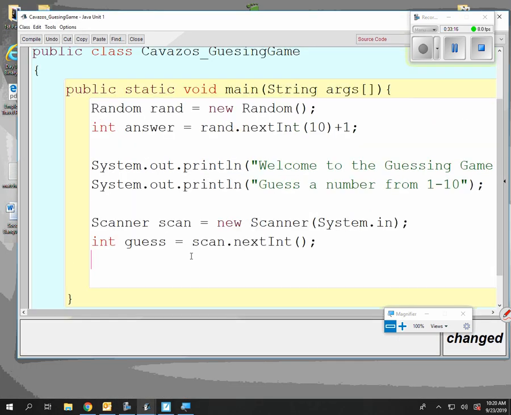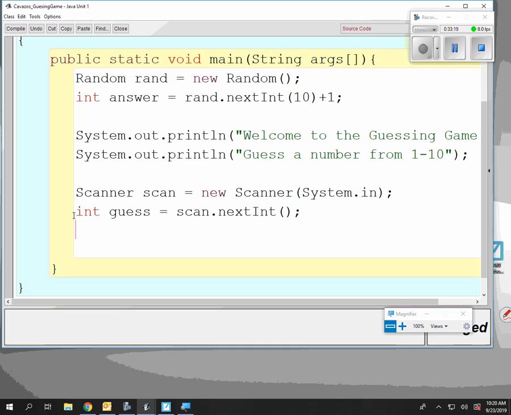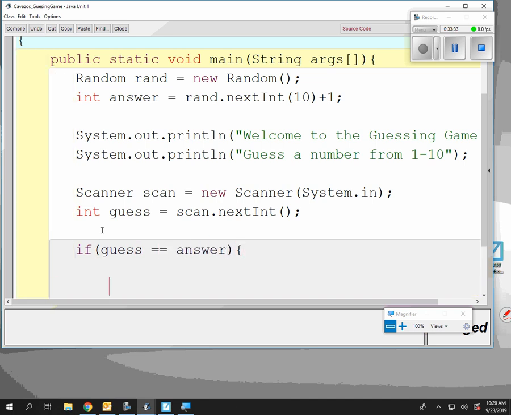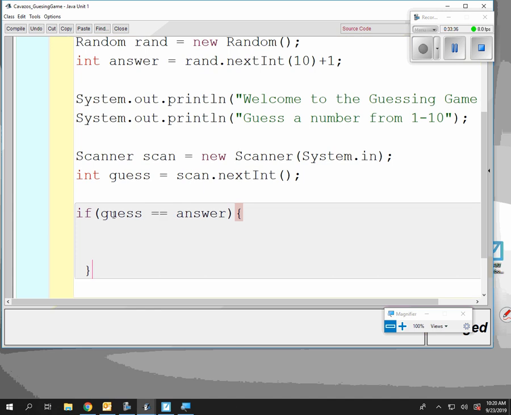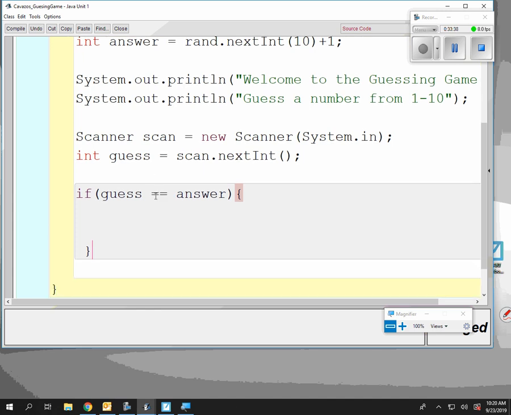Okay, so next, we created it, we have a guess, and now we have an answer. The next step that we have to do is compare them. So let's do this with an if. And let's start with if guess equals answer. What does that mean? If the guess is the answer, what is that? You win, right? You guessed the number properly. You're a winner. Ding, ding, ding. Okay. If you didn't win,